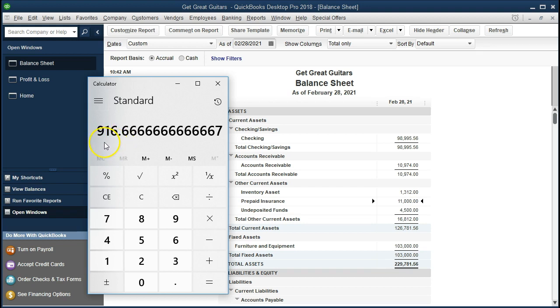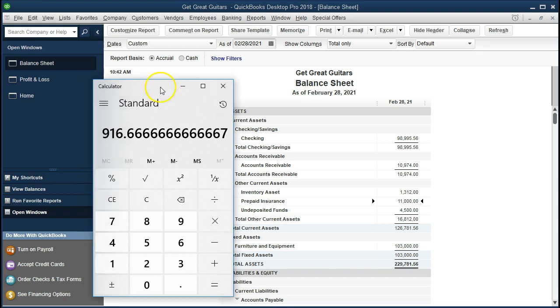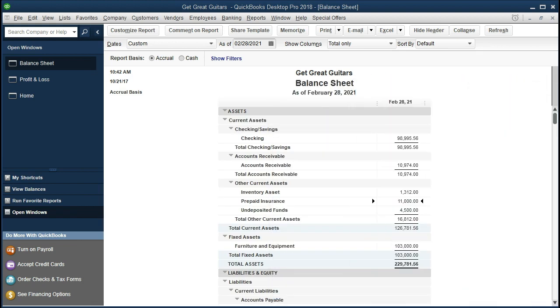So let's just say 917 will be the amount, rounding to the dollar, that we will make the adjustment for. And the adjustment is going to be recording the expense related to that 1 month and decreasing the prepaid insurance, meaning the asset's going to go down. We no longer have this insurance that we're going to consume in the future without having to pay for more of it. And we're going to recognize the fact that we consumed the use of the insurance by being covered